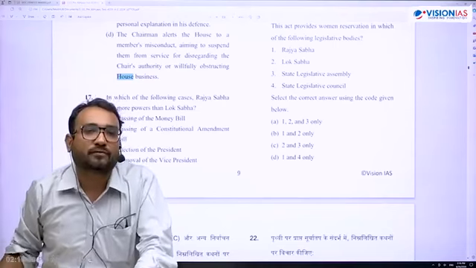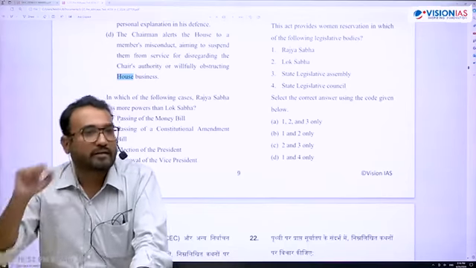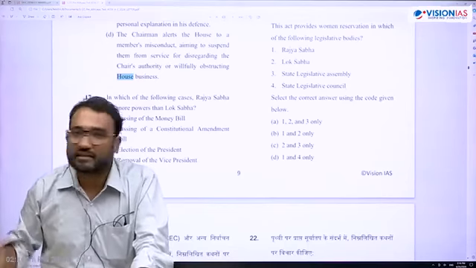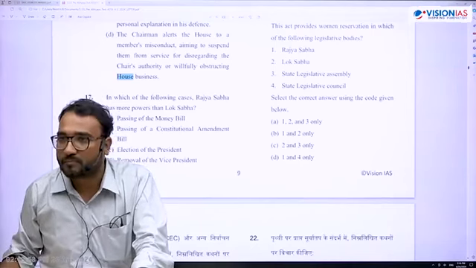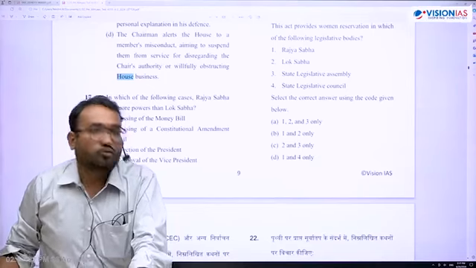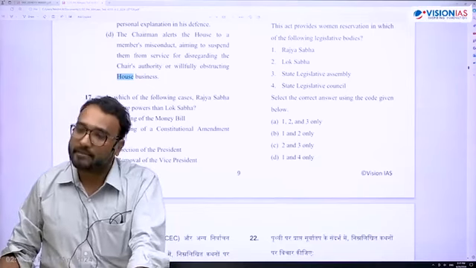Although in Lakshmikant they have used the term impeachment for judges. The Constitution never uses the term impeachment for anybody other than the President. In Article 61 they have used the term impeachment for the President. In all other articles they have used the term removal. So, and there are places where minor changes are there.